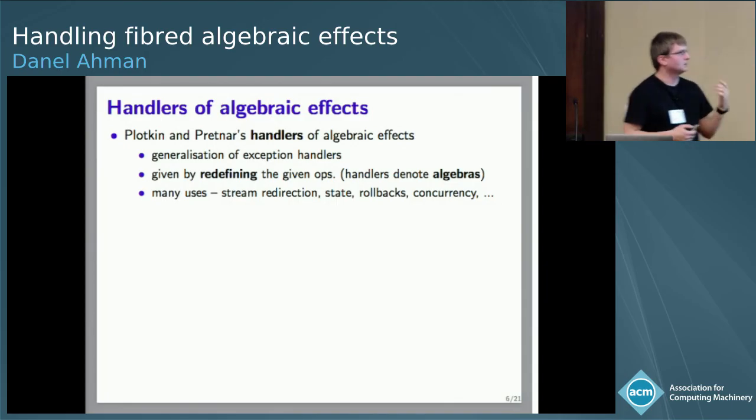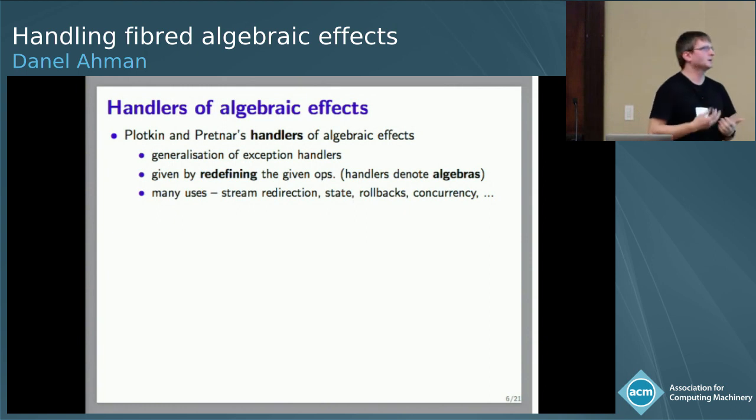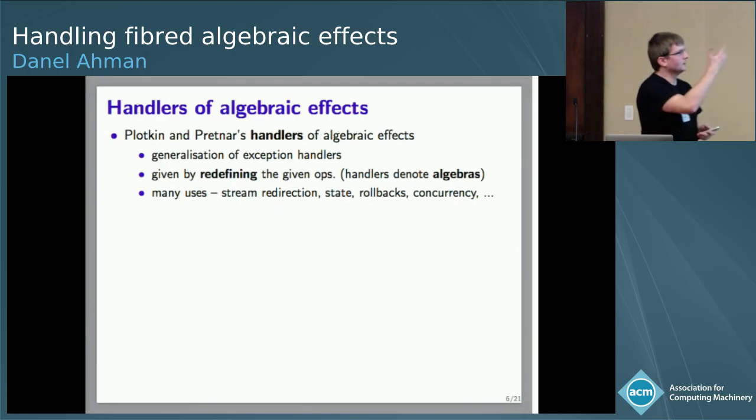Plotkin and Pretnar introduced them as a generalization of exception handlers. If you want one key point, what you should bear in mind is that a handler is just essentially a redefinition of operations. When you think of what an exception handler does, this is what it does. It replaces a caught exception with some other block of code, and after this block of code has finished, it will go on to the continuation afterwards. They have proven very useful also in practice. They give you very nice ways of implementing stream redirection, state rollbacks, even concurrency in concurrent OCaml,